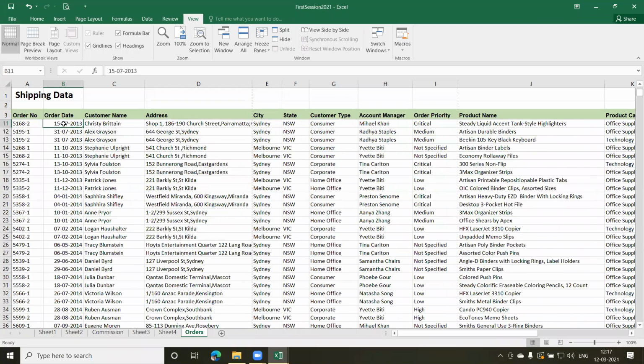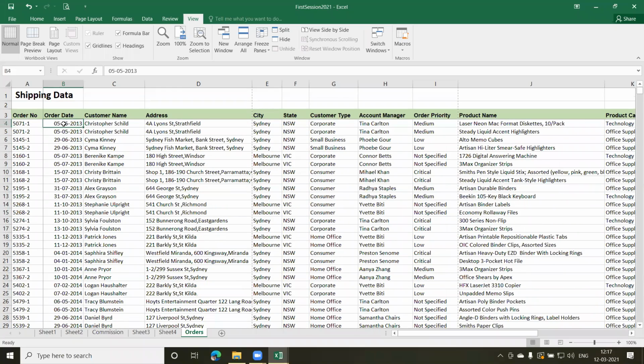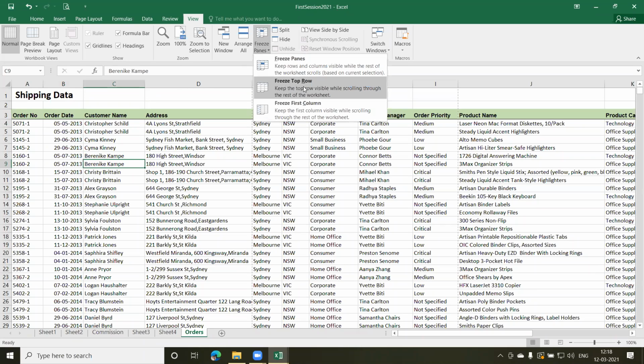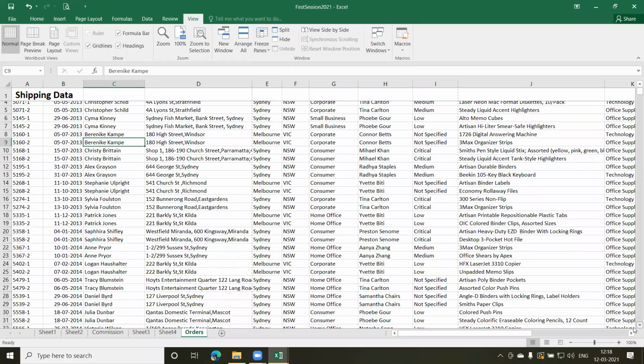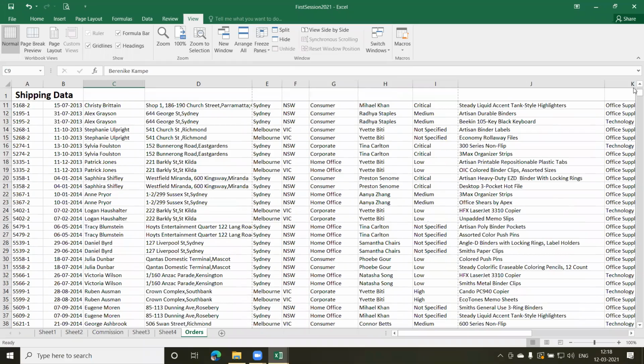Okay, so let me go back and unfreeze everything. So I click on this and unfreeze it. Okay, freezing the row and the column is very simple. It will just freeze the top row. Okay, I can click on this, but that is not going to help me because I have only the title there. You can see the first row is frozen.